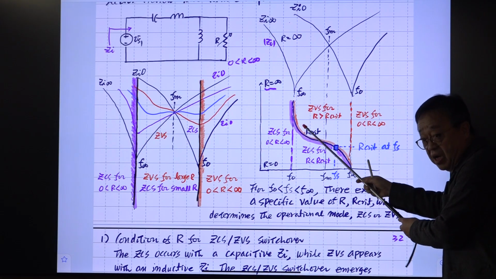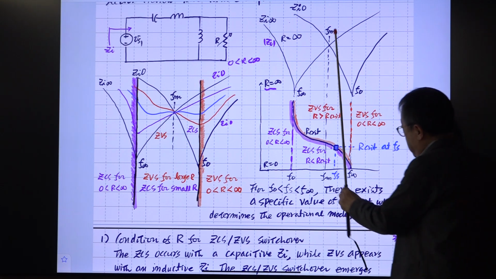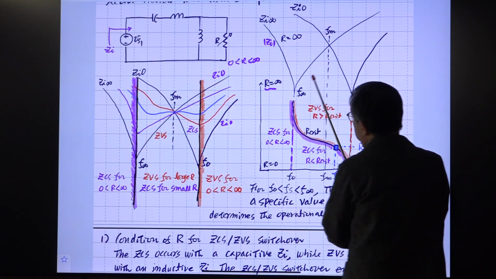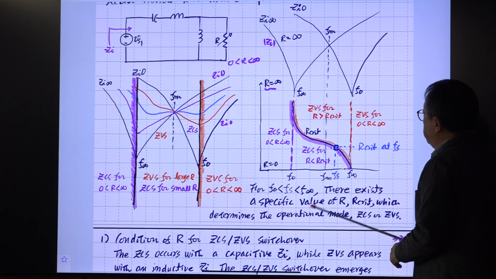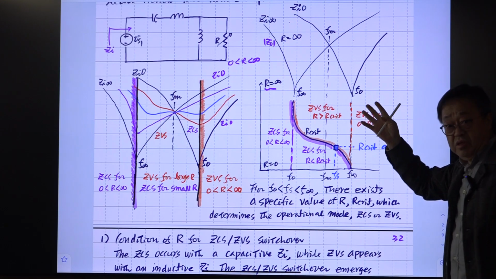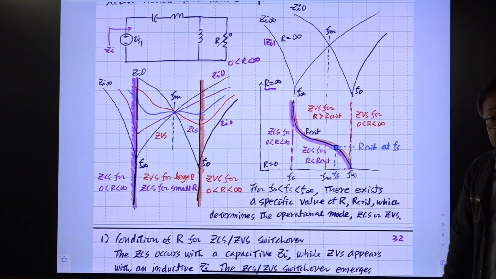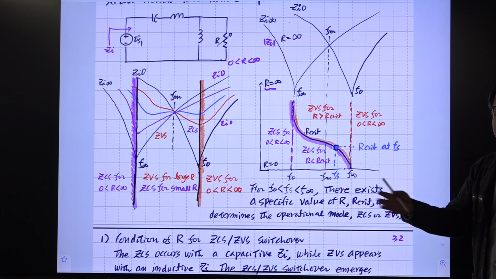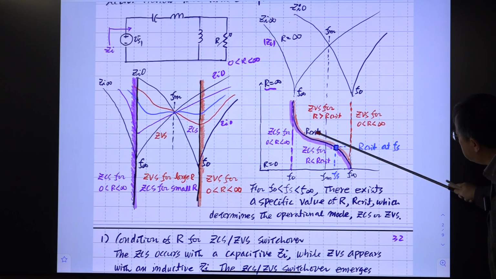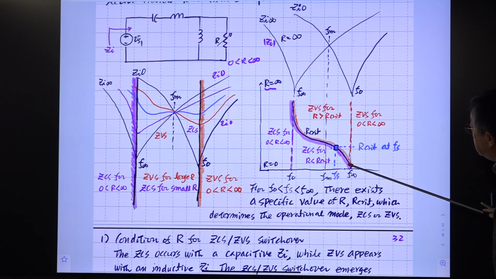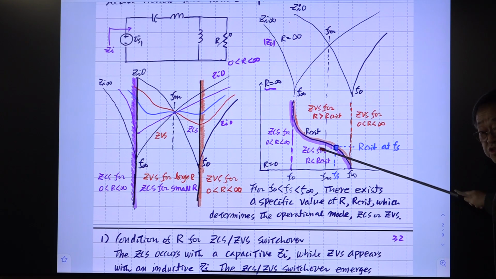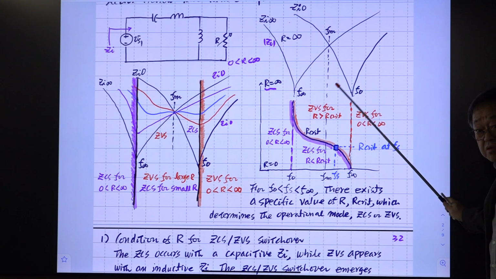This is R critical, right? So at every switching frequency, you can calculate this, and you come up with a curve. In this region, if R is larger, the converter is GBS operated. How much larger? Above this line. This region is the region for the GBS. The region below this line is the region of GCS switching.